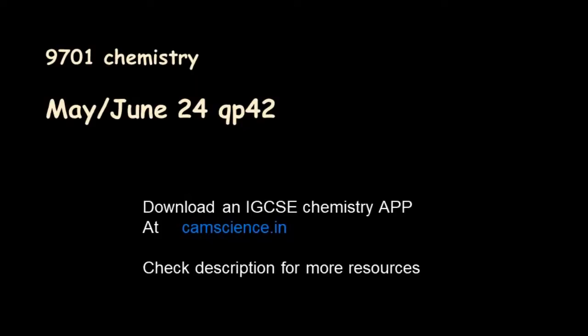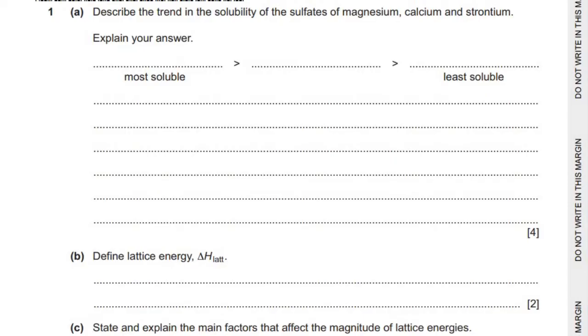Let's discuss A-Levels question paper 4-2 of the examination series 9701 Chemistry May-June 2024. In this video, we'll be discussing the first 3 questions, and later on in the next videos we'll be discussing the next questions. So let's start here. Starting with question 1, it says describe the trend in the solubility of sulfates of